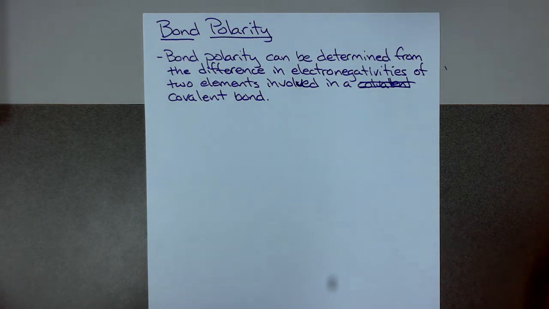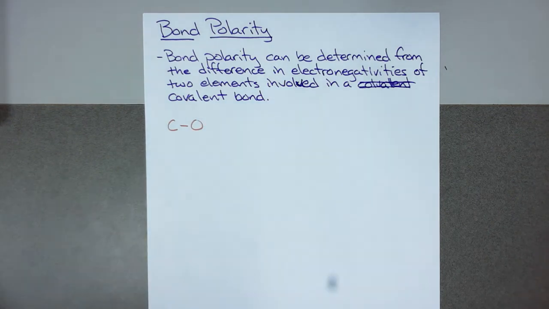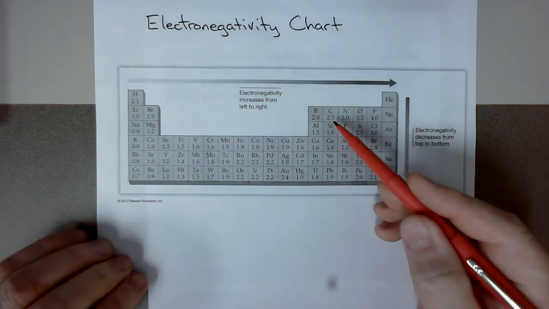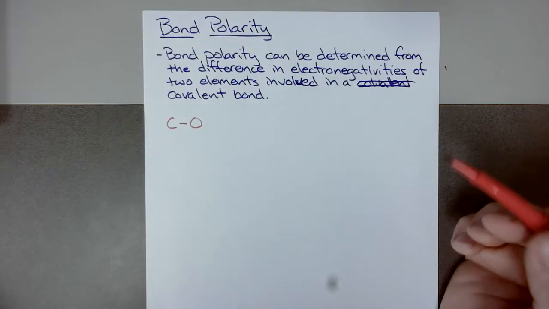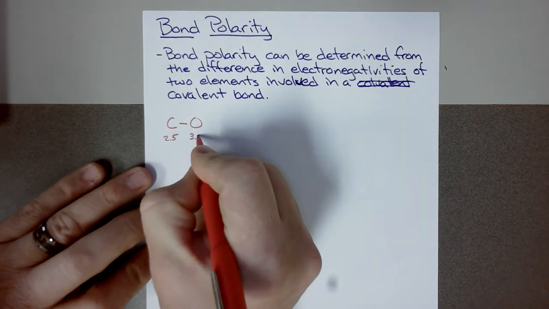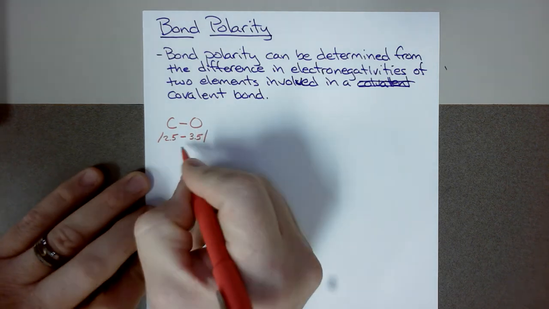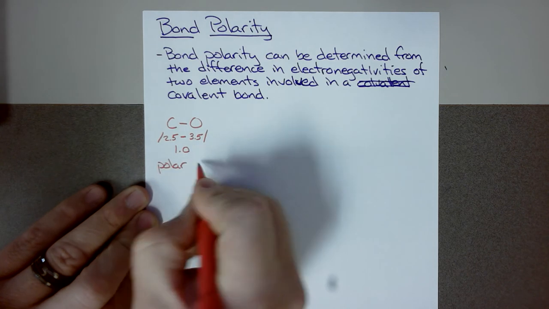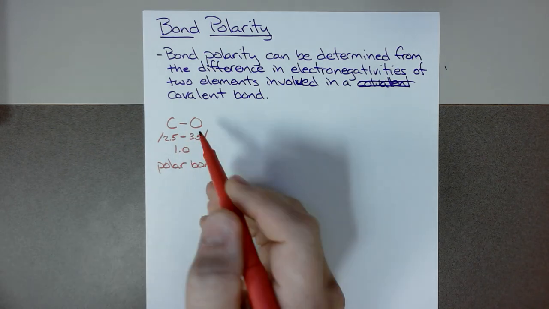Let's take a carbon-oxygen bond. If I look at carbon and oxygen, and I take the electronegativity chart, we see that carbon has an electronegativity value of 2.5. Oxygen has an electronegativity value of 3.5. Now the difference of that, as an absolute value, would be 1.0. So we'd say that this is a polar bond, meaning that there's an unequal share of electrons between the carbon